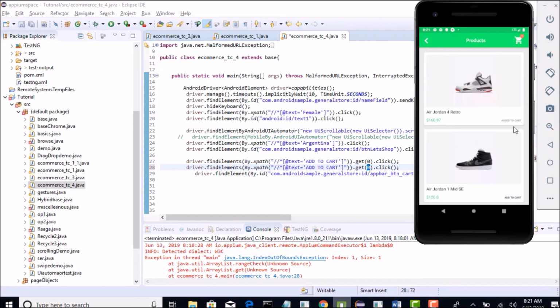But to avoid this situation, people may generally ask you to avoid the text attribute in XPaths. If you write ID, then it will still be the same, right? Even if it's added to cart or add to cart, just because you are relying on the text that changed. But unfortunately in Appium, in most cases, we will be relying on text only. Appium mobile attributes are a little different.